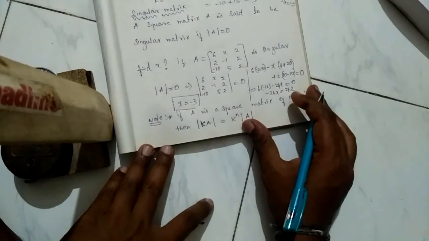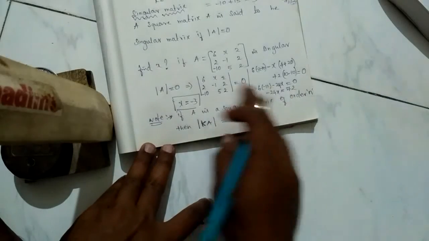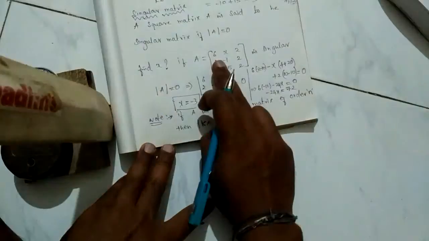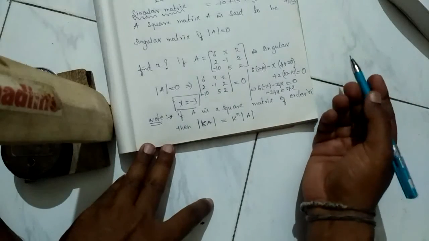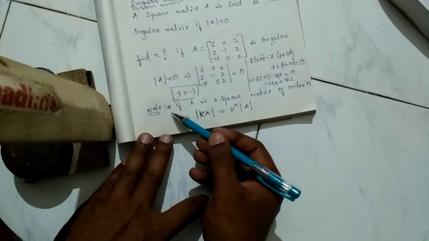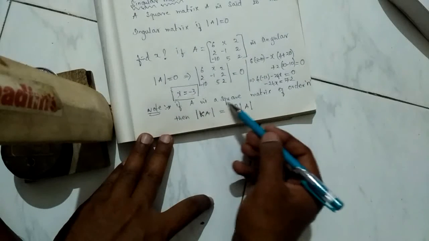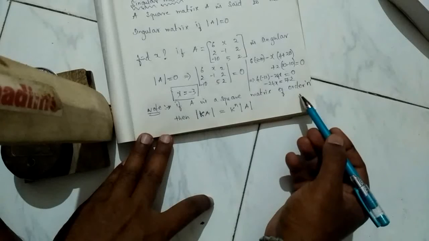Okay. Are you able to understand? It's easy. Whenever they say singular matrix, indirectly they are saying the determinant value is 0. Okay. Next, another note: if A is a square matrix of order n,